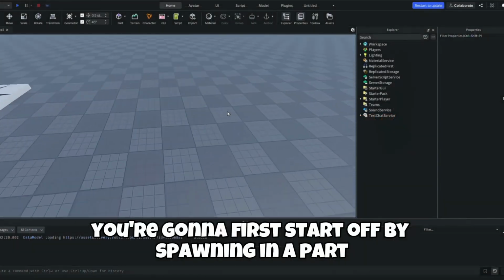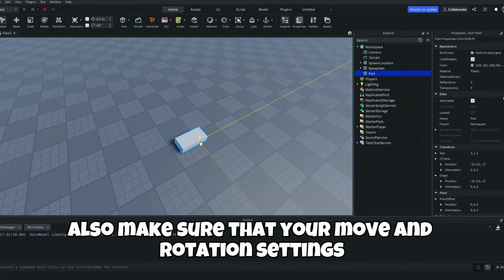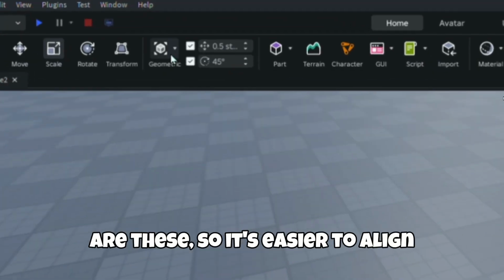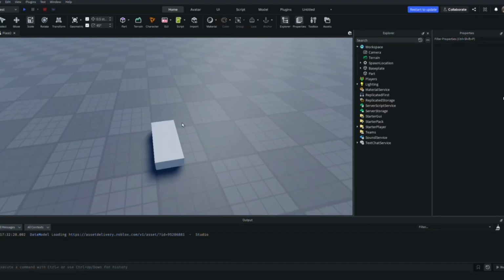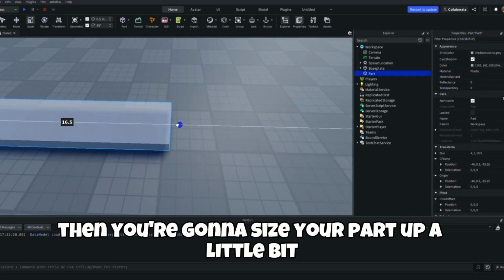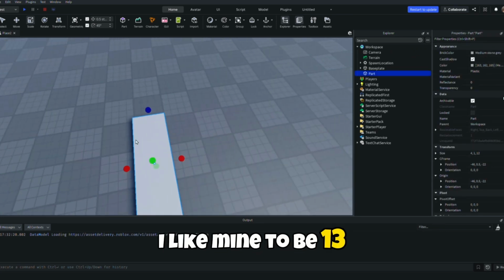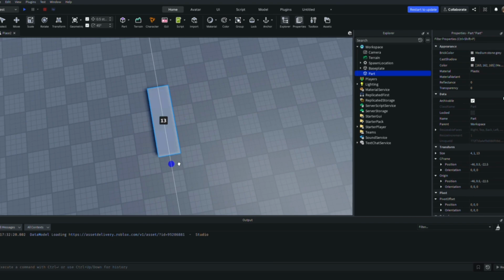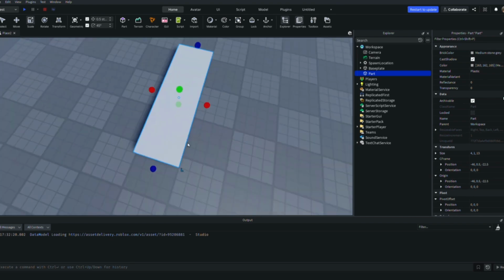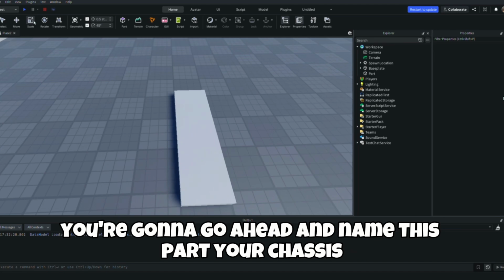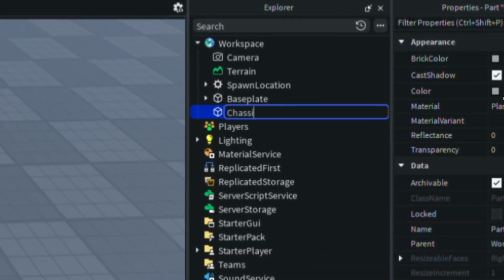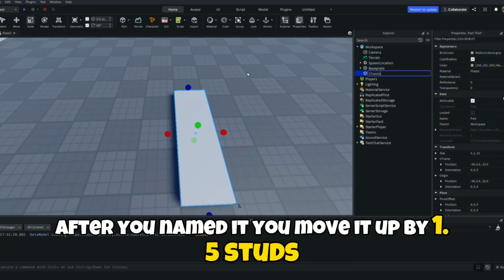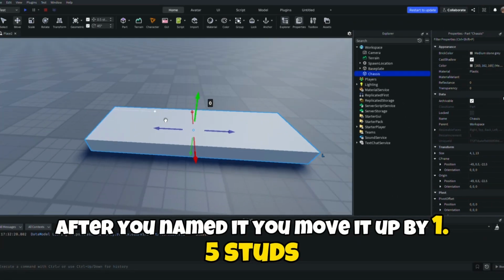You're going to first start off by spawning in a part. Also make sure that your move and rotation settings are these so it's easier to align. Then you're going to size your part up a little bit. I like mine to be 13. And then you're going to go ahead and name this part your chassis. After you named it, you move it up by 1.5 studs